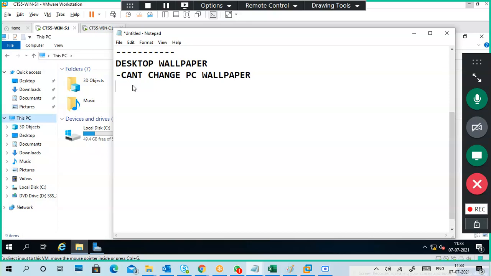Or desktop wallpaper, whatever the name is, and apply a wallpaper to the client. So this is what we are doing. Okay, next, where we have to do it: first of all, you have to do it on the server side.